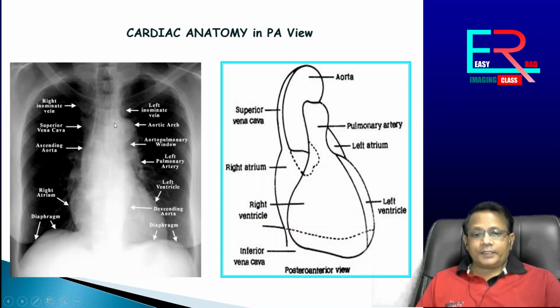On the left side is the aortic knuckle. Usually we start with the aortic knuckle. Sometimes you may find the left innominate vein here, and after the aortic knuckle you will find this density due to the AP window that contains the main pulmonary conus, the main pulmonary artery. Then come to the left atrium, the left atrial appendage. See, this is the left atrial appendage. Then part of the left border is formed by the left pulmonary artery. Then the major part of the left border is formed by the left ventricle. Okay.